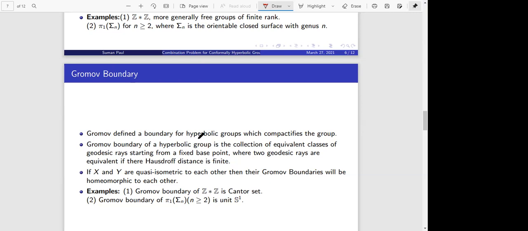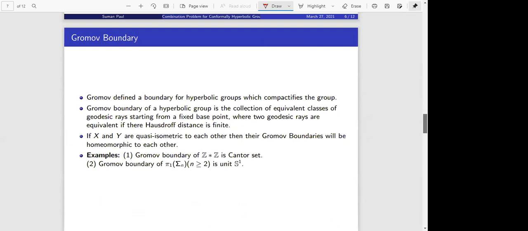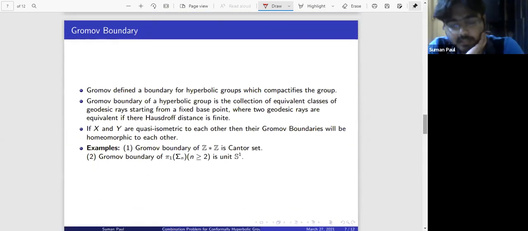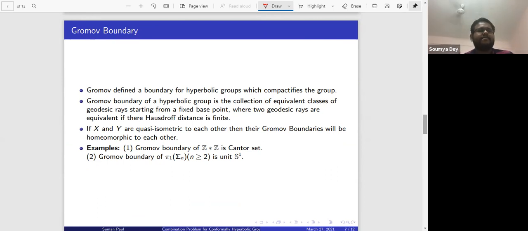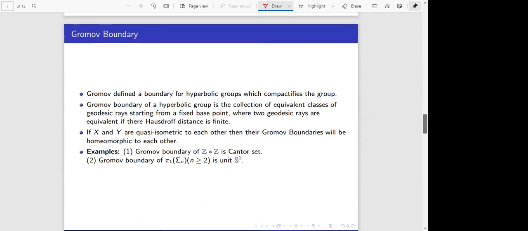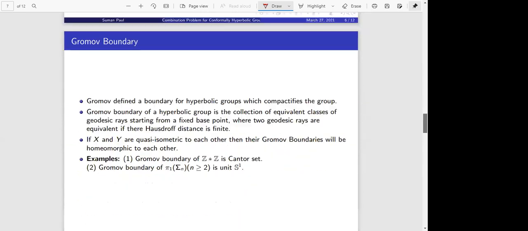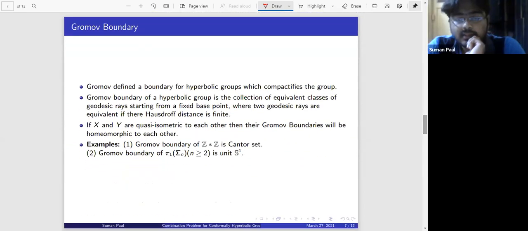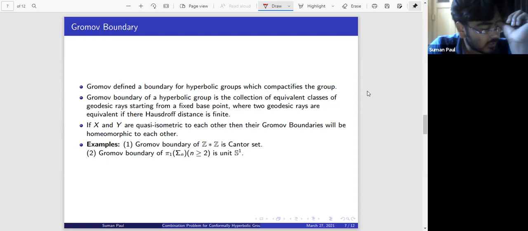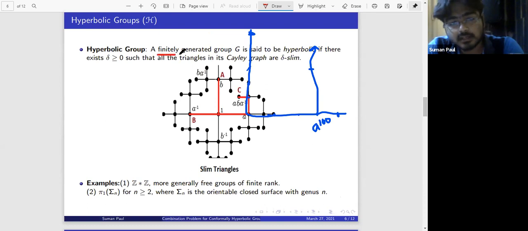Right. So how to define hyperbolicity for an infinitely generated group? Same thing. If the Cayley graph is delta-hyperbolic, with triangles delta-thin, then hyperbolic groups are finitely presented, right? Sorry. Hyperbolic groups are finitely presented. That is coming from the definition, right? Finitely presented may not. Okay. Yeah, you are right. So that's why in the definition of hyperbolic groups, it is clearly written that this is finitely generated.